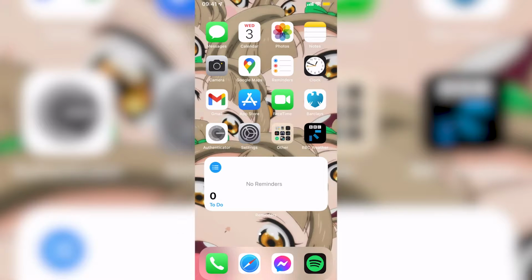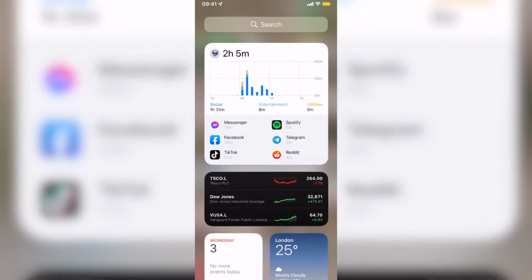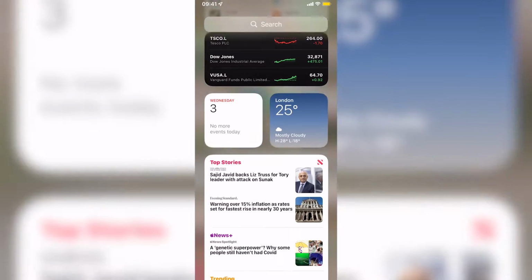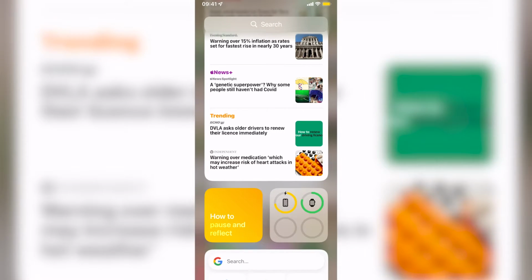So today we're going to take a look at widgets on the iPhone. All you have to do to access them on the sidebar ones is just swipe from left to right, like so, and you're going to see this panel here. As you can see, I have a few widgets here. I've got some screen time, some stocks ones, some calendar, some weather, along with some top stories and other